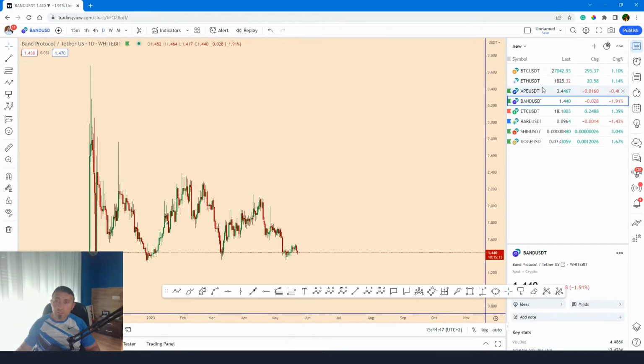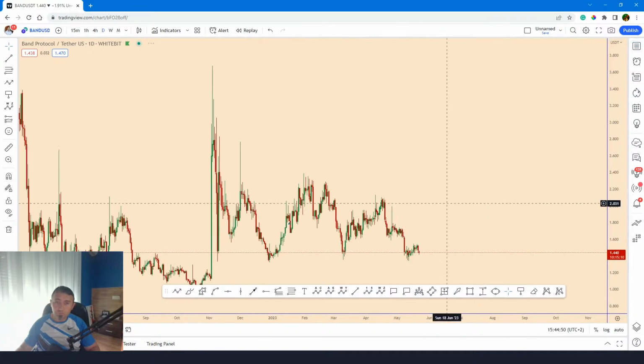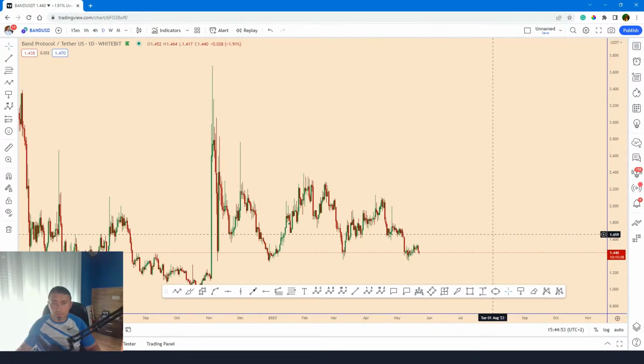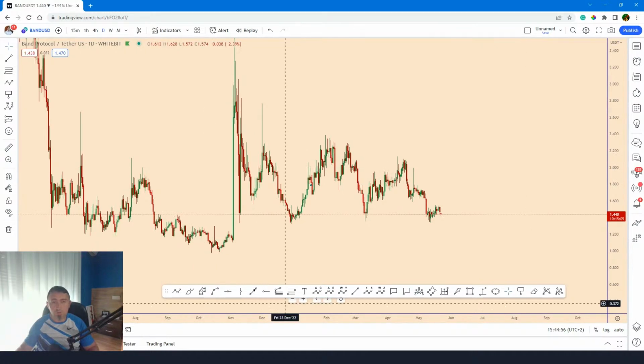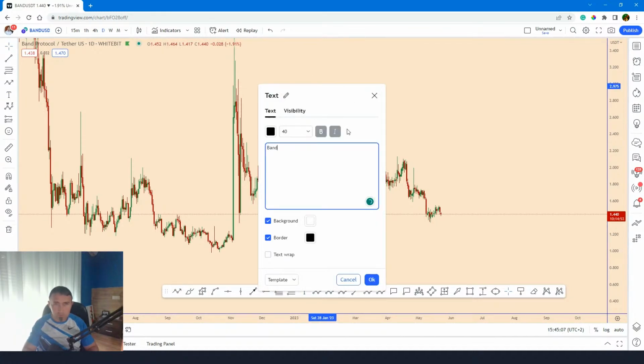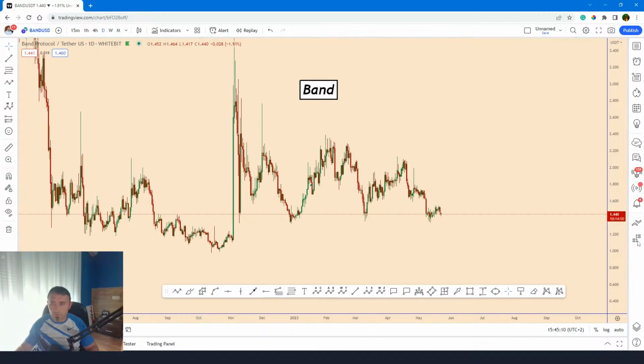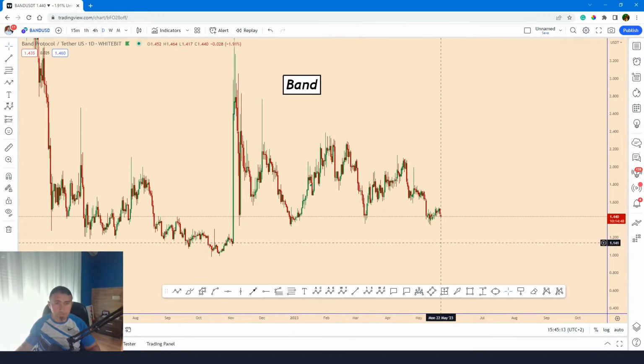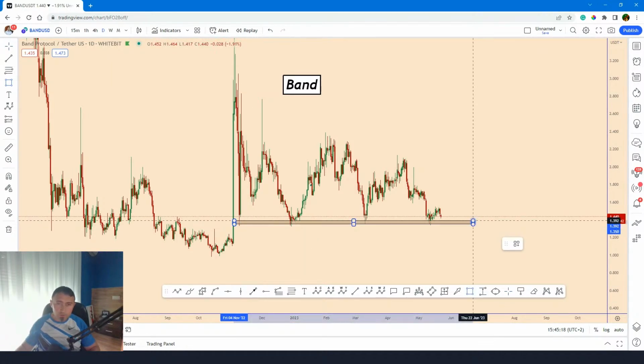The reason that I'm still looking for a possible bullish wave and not a bearish wave on Bitcoin is that I'm looking also at other altcoins that I have shared during this period of time, and the price is showing a very interesting perspective. So let's see what is happening with Band protocol here. The zone that we may see at this point is showing a very strong support area. It looks very interesting. But this candle that is coming down on the daily chart is dating back to